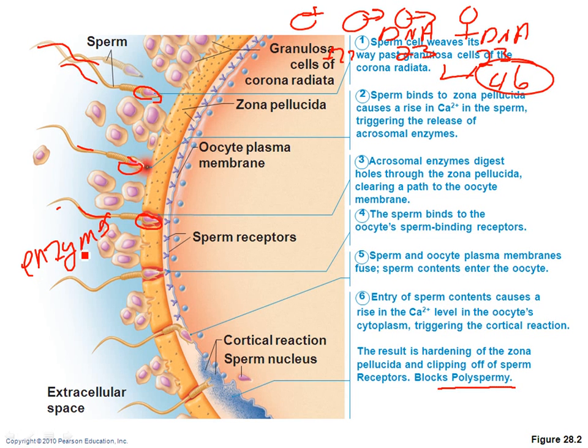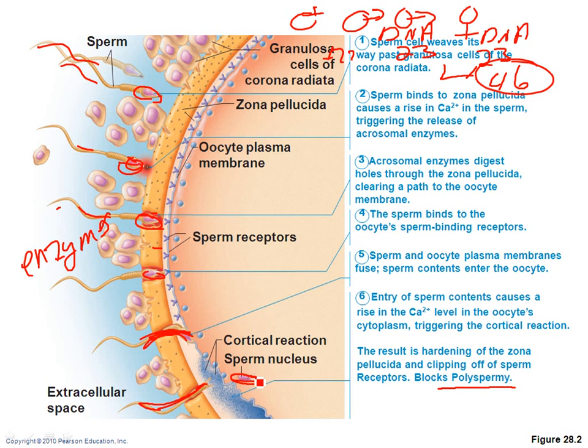And millions of these little enzymes will basically help to open up or make a place for the sperm to penetrate through this area here, so the sperm can actually enter into the cell. So it takes a lot of sperm, a lot of enzymes from all these little sperm heads to do this job. Eventually one's going to make it through. Sperm's going to bind, and it's going to make it through. When it comes through, basically the nucleus is spit out, comes off, and the little body and tail stay behind.